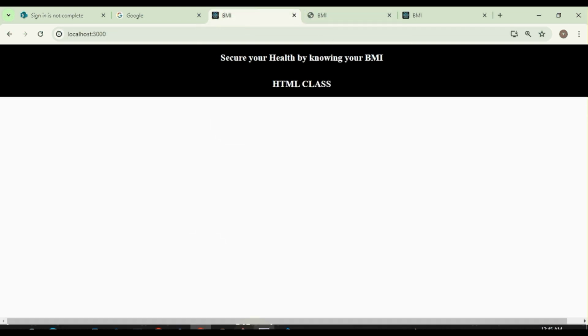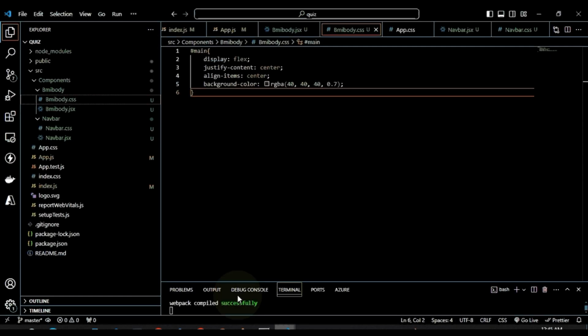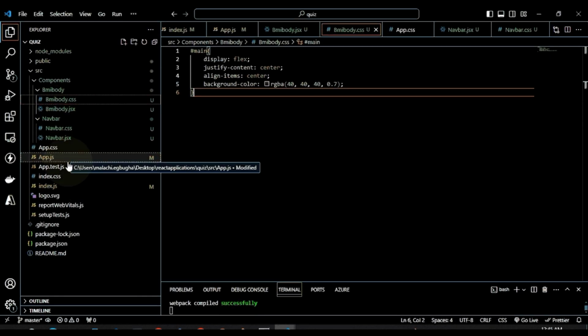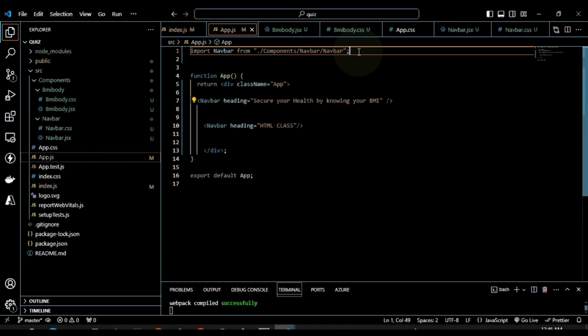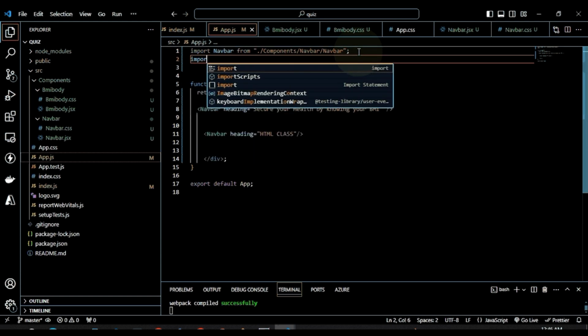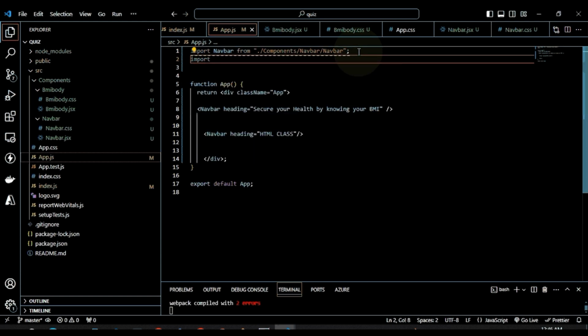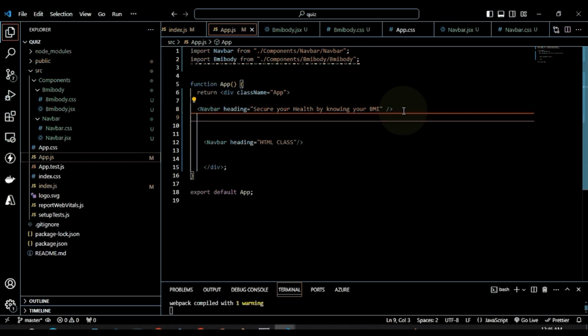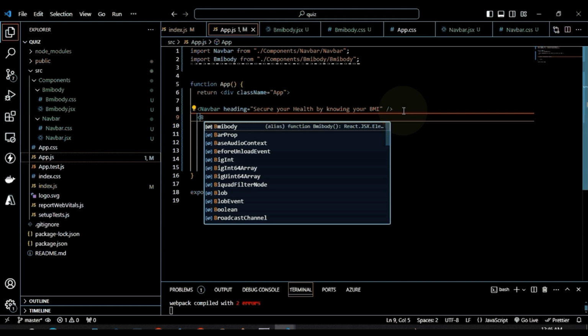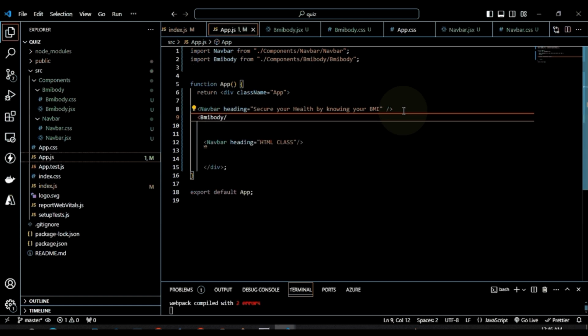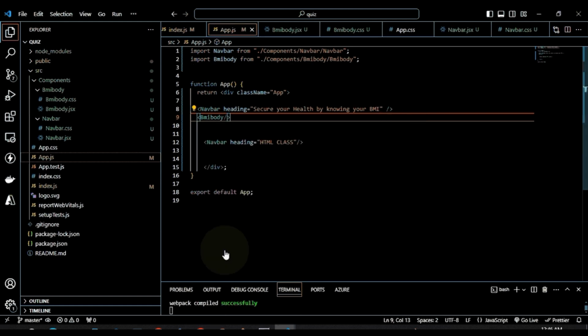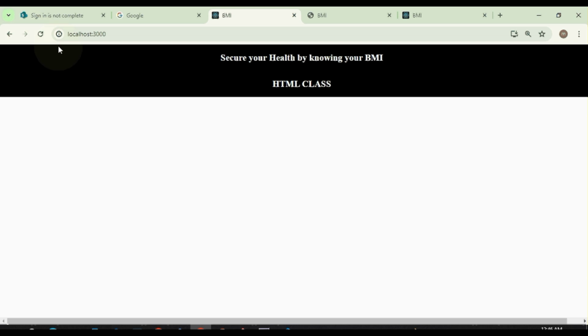So what I will do is go to our parent component, which is app.js. And here I'm going to import, first of all, our BMI body. Between our navbar and our footer, we have the BMI body, right? Now, at this point, our BMI body has no dimension, no width and height, so we're not going to see any